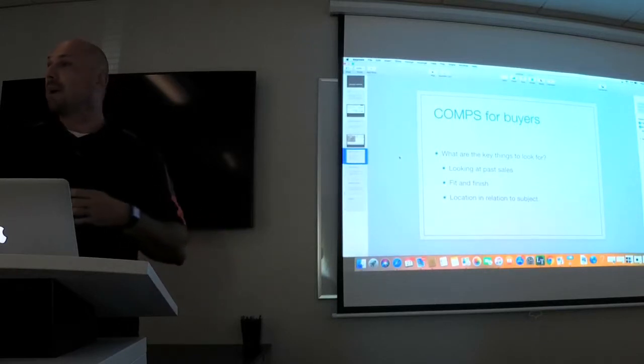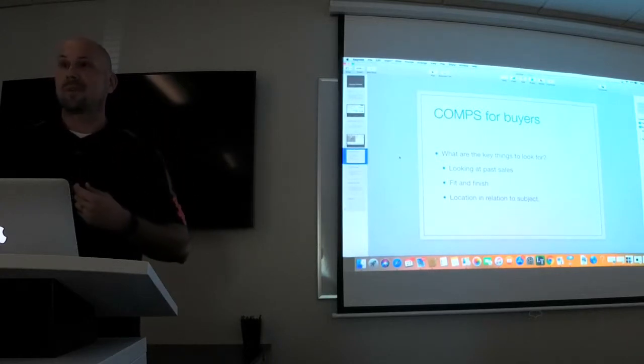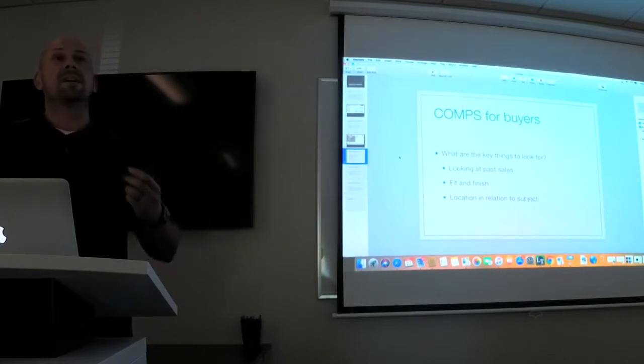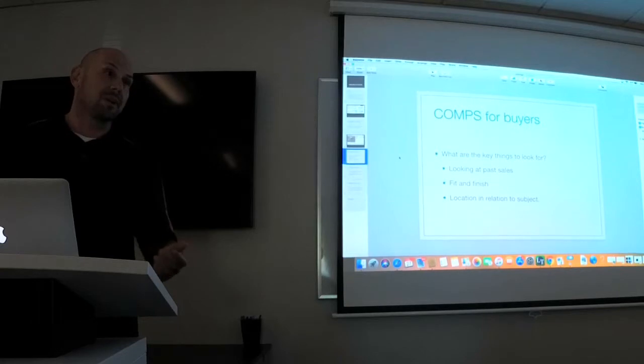How's it compared to other properties? Basically, you're looking at pictures. That's the best you can do. You're looking because obviously, hopefully, if you're writing a contract, you've been in the house with your buyer. You know what the style is. You know what they have in there. You know the square footage. You know the materials that have been finished, the property, and then you're trying to find properties that look similar to that property, which,